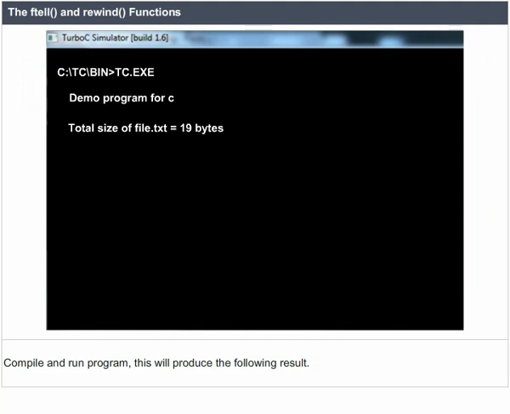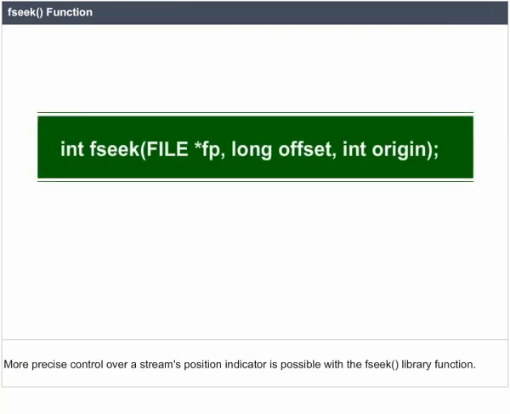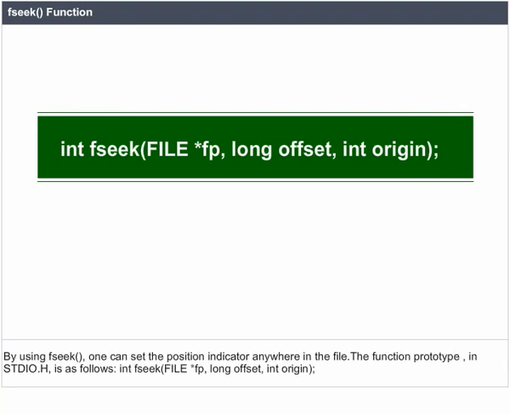fseek function. More precise control over a stream's position indicator is possible by the fseek library function. By using fseek, one can set the position indicator anywhere in the file. The function prototype in stdio.h is as follows: int fseek(FILE *fp, long offset, int origin);